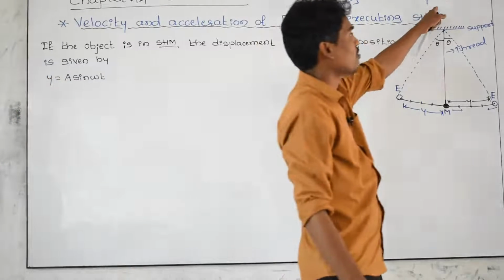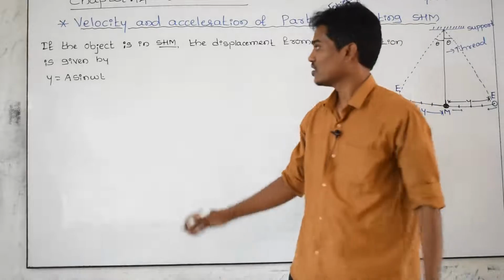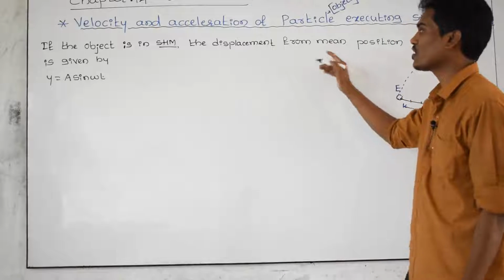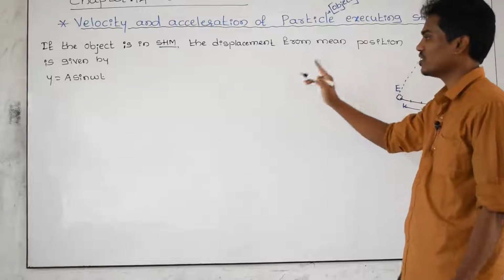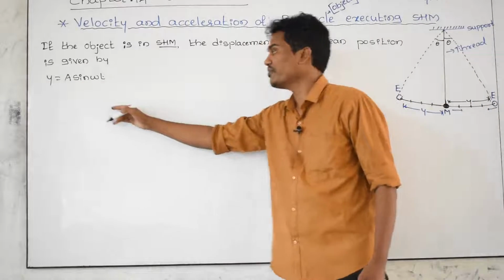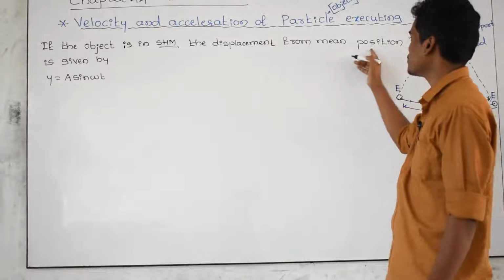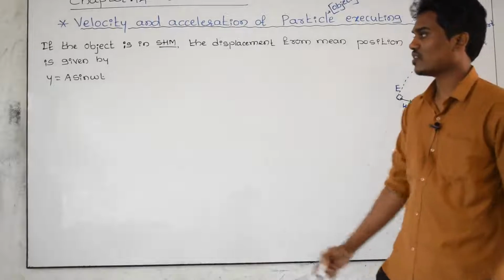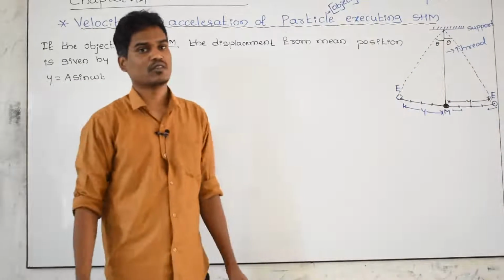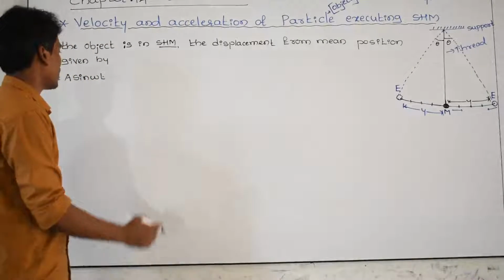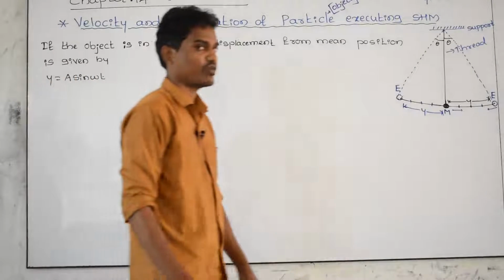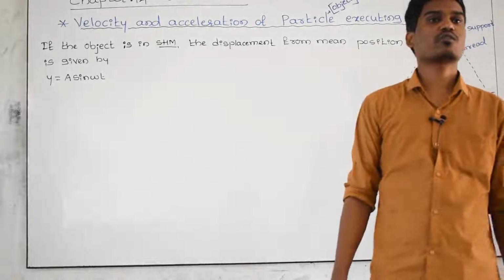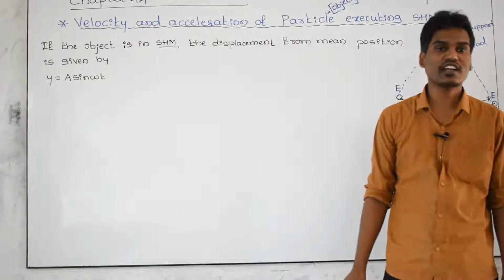Among these two formulas, I have selected this one. What is the reason? In SHM, the displacement from mean position. I have to find out the displacement from which position? Mean position. Then take the sine function. If it is displacement from extreme position, you have to take cos as the formula. But for the reference I have taken the displacement of the object from the mean position, so which theoretical formula do I have to select? y equal to a into sine omega t. And the title itself indicates what we are going to discuss in this concept: we are going to find out the velocity and acceleration.